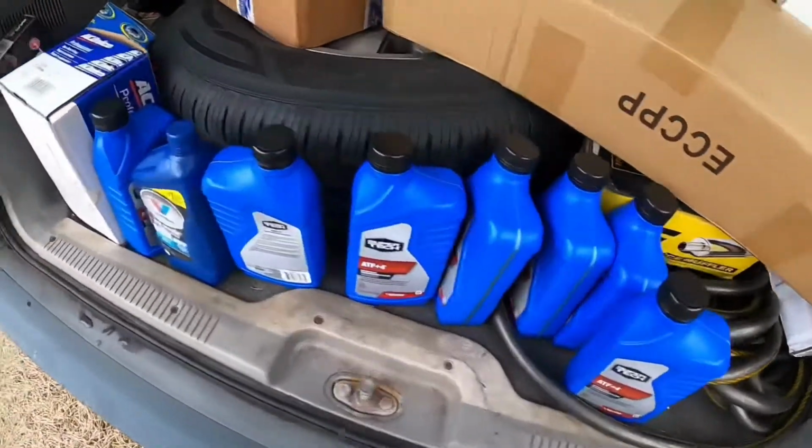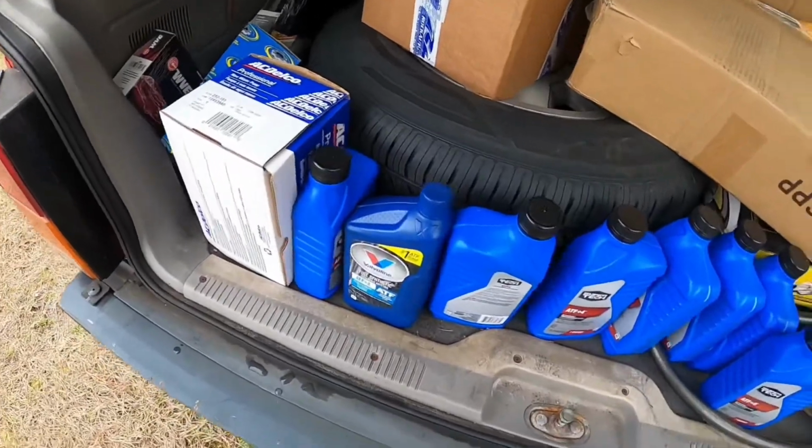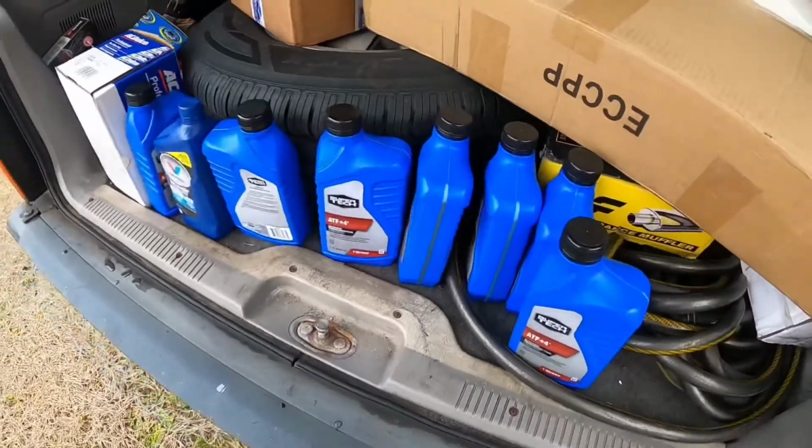So behind me you guys can see all of the stuff that I've got. I got a bunch of stuff that I'm going to show you guys that are getting replaced on the Jeep, and we're also going to show the motor. It's actually just about finished being rebuilt, so I'm super excited to share that with you guys. Stick around. All right, guys, so first off, I've got all 8 quarts of ATF plus 4 for the transmission